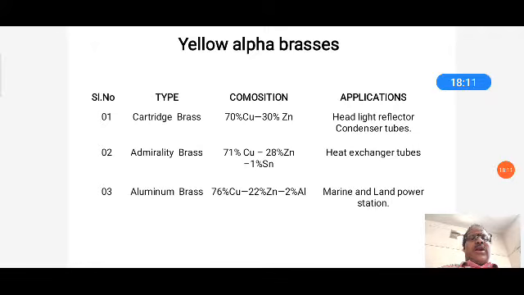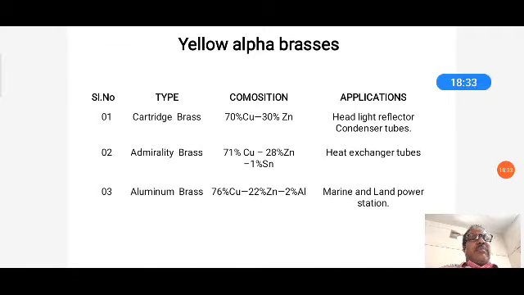And the third one is alumina brass. The alumina brasses are 76% of copper, 22% of zinc, and 2% of alumina. Composition: alumina brasses